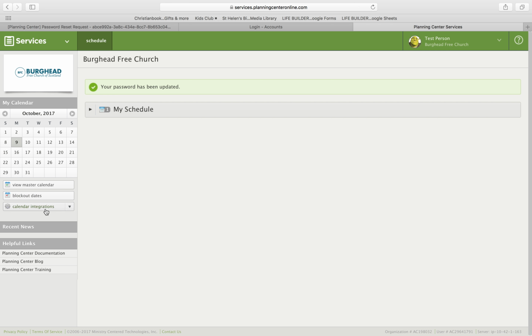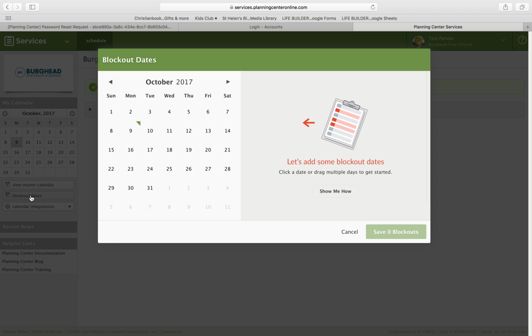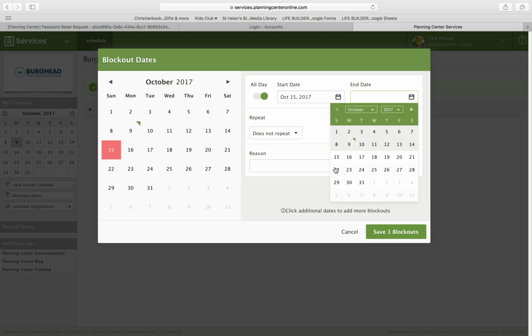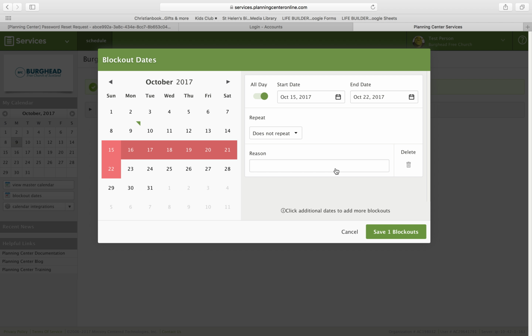You can see it here, block out dates. Let's click there, and then it's as simple as looking at the calendar and clicking on dates when you're not available. So for example, let's block out say Sunday the 15th of October, and that brings up this box here. By default, it will block out the whole day and just one day. Of course, if you're away on holiday for a week, you've got a start date. You could set an end date, and there we go. We've blocked out a whole week. And if you want to, you can give a reason. You don't have to, but you could say, I'm away on holiday,